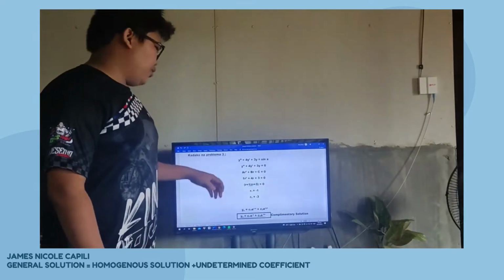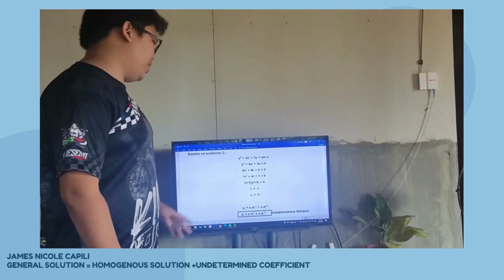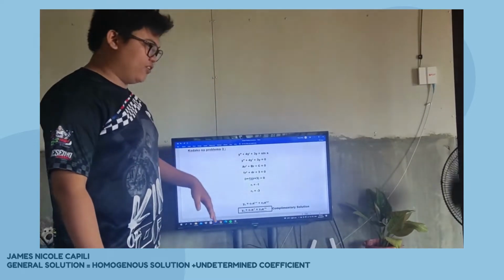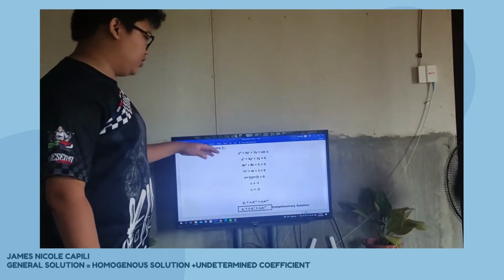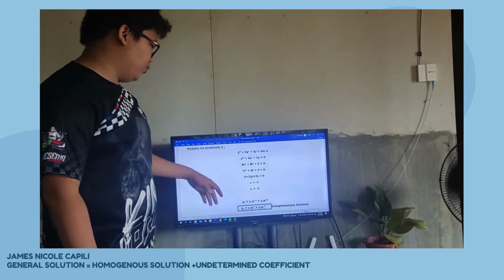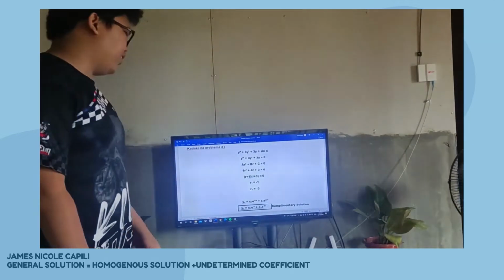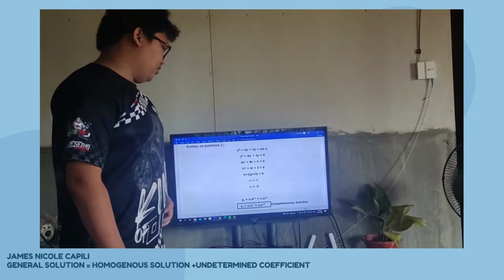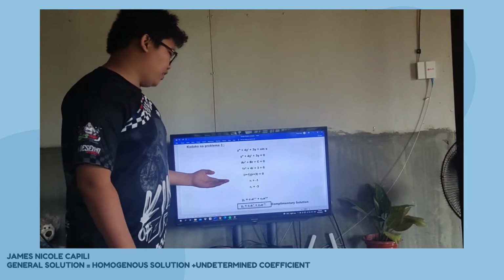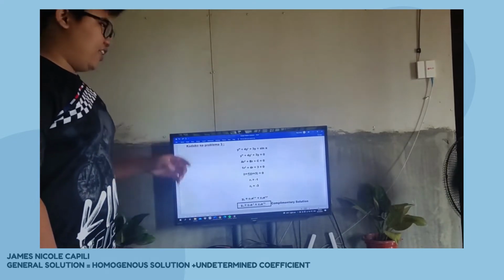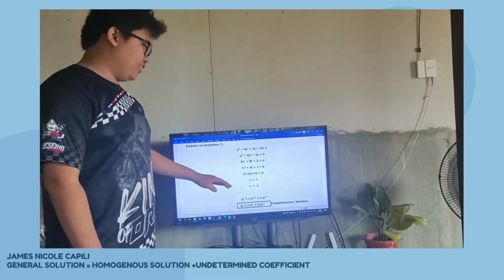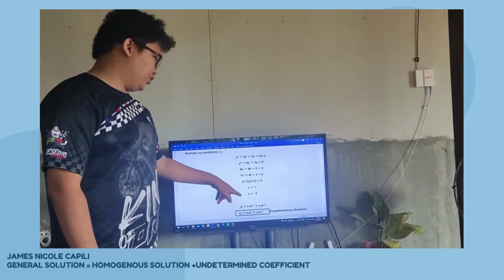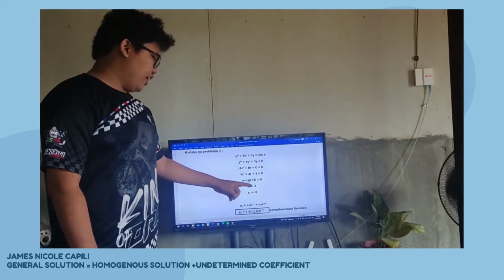Then next, we must transform it into the characteristic equation, which is ar squared plus br plus c is equal to 0. Then, substituting all the real numbers below, we get 1r squared plus 4r plus 3 is equal to 0. Then, we must factor it out. So, the factors are r plus 1 and r plus 3. Then, after we get the factors, we can say that our first root is equal to negative 1